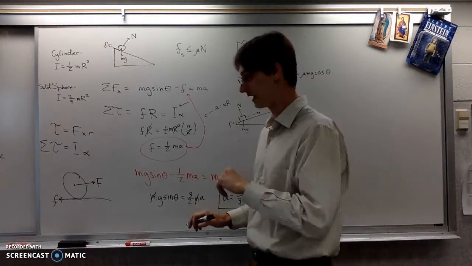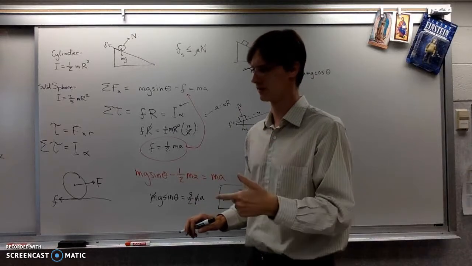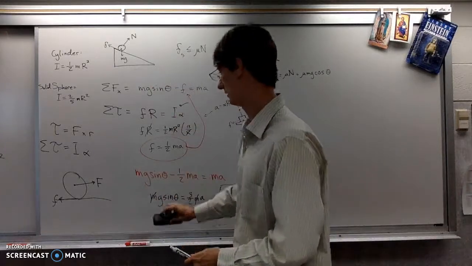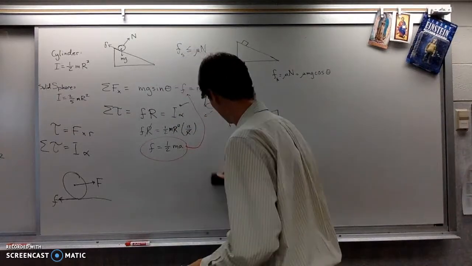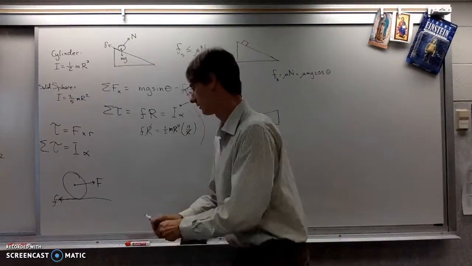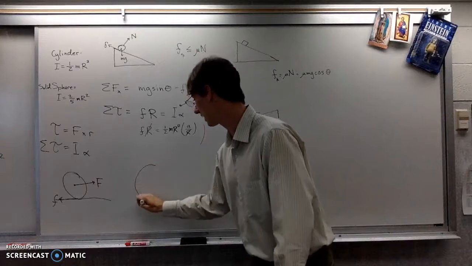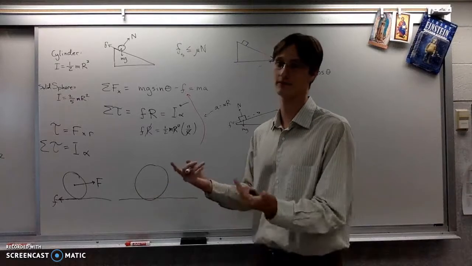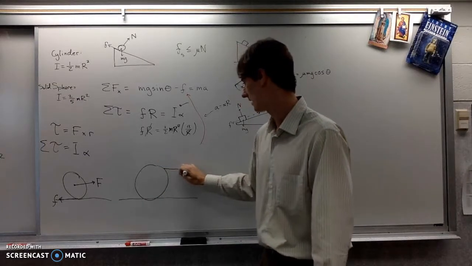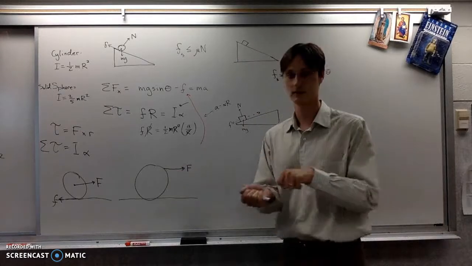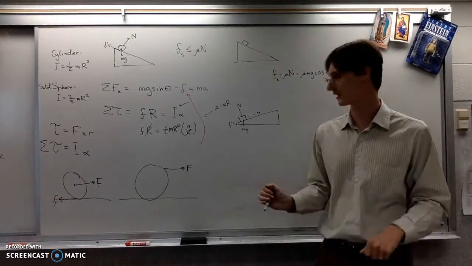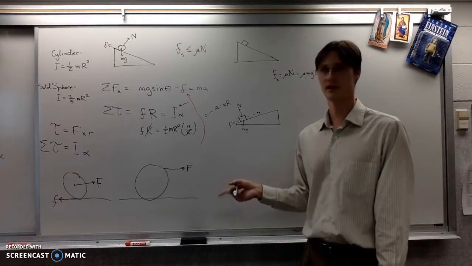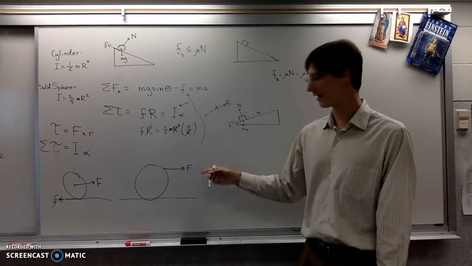There is, however, a question that you'll see in one of the homeworks, I think in this first set, where instead of looking like this, you've got a wheel with a string wrapped around it, through a groove or something. And the force is being applied up top, so they're pulling on a rope that's tied to it. In this case, the direction of friction is kind of unexpected. It works out that if